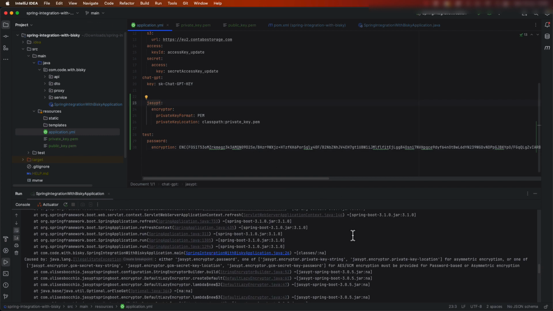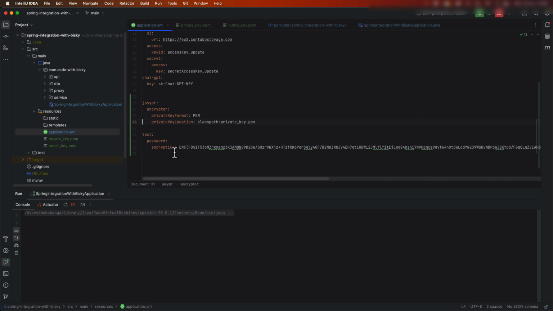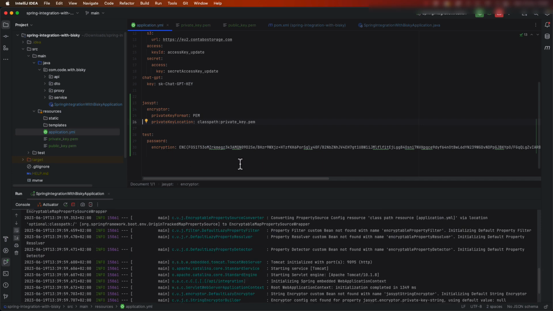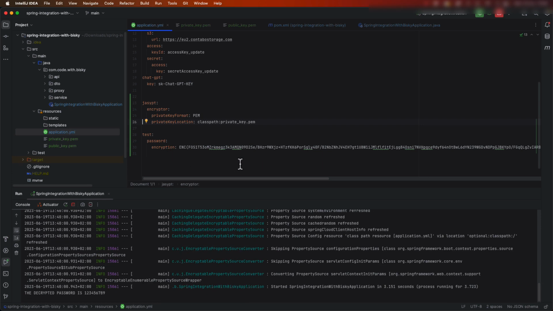After having this error, I found that we didn't configure this well. It's supposed to be here, and we can do this. So let's run the application again and test. You can see the password is 1 2 3 4 5 6 7 8 9, which is the password that